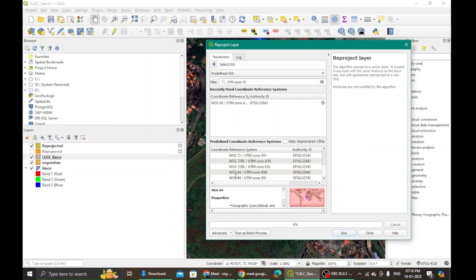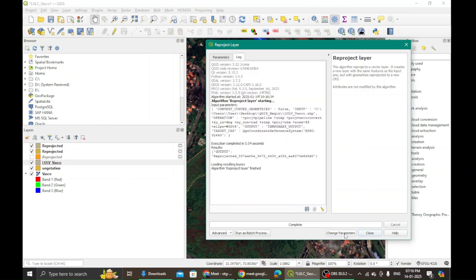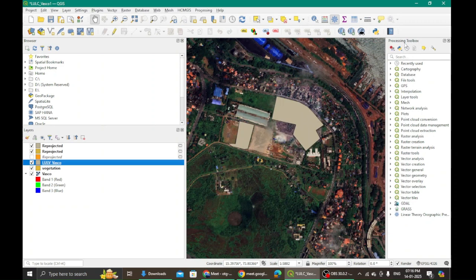We have to look out for WGS 84 and their UTM zone 43. Remember this. Somewhere just make a note that this is the one that you have to use. WGS 84 always. In the zone you have to find out where your area is falling, that I will tell you, and then run. Right, once I run the reprojected one.